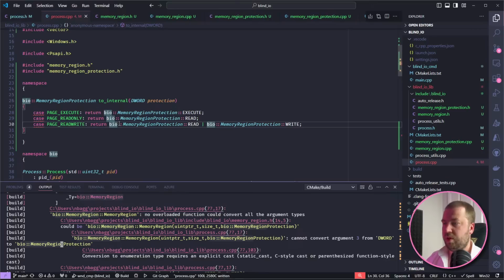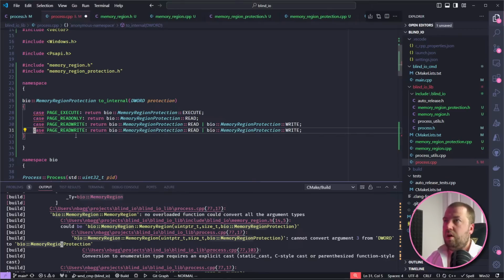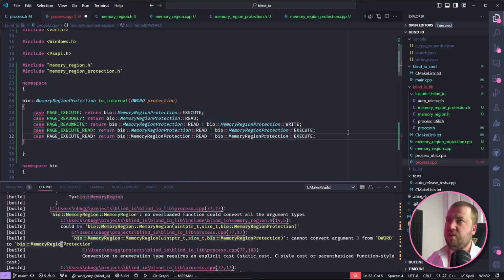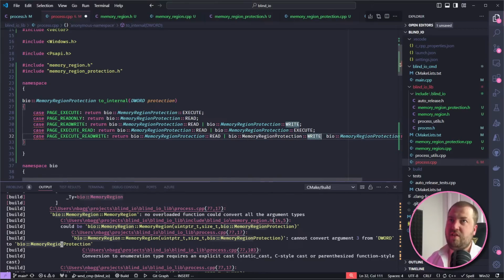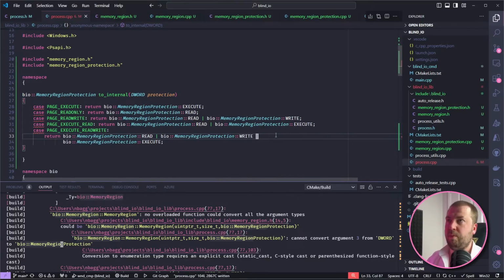Yes, I'm going to love typing all these out. So now we've got read write, then there's execute read, which is read and execute. To be honest, I might just do the obvious ones and then in slow time just add the rest, because no one's really here to watch me try and enumerate all the possible Windows protection methods. Right. Okay, and clang-format will make a mess of that. That's all right. It's okay.